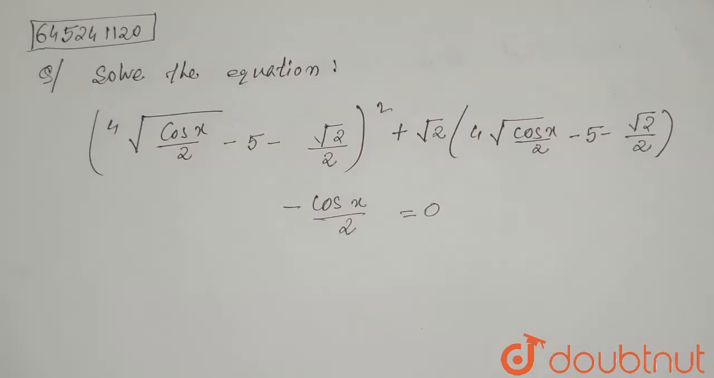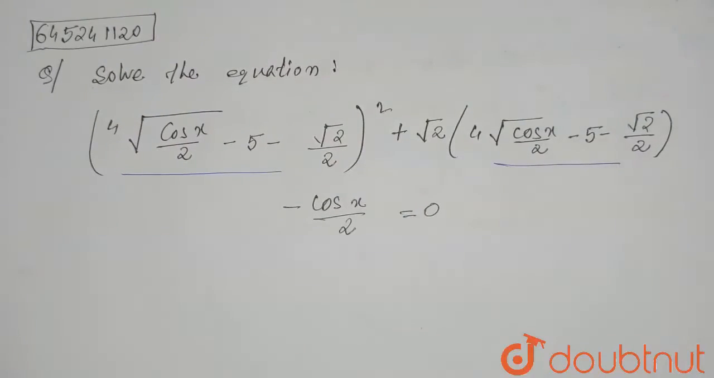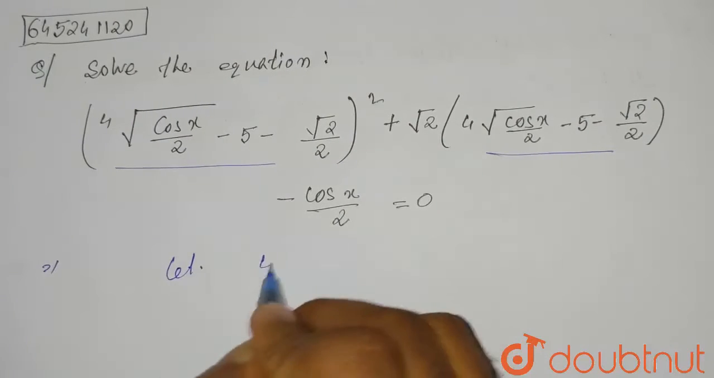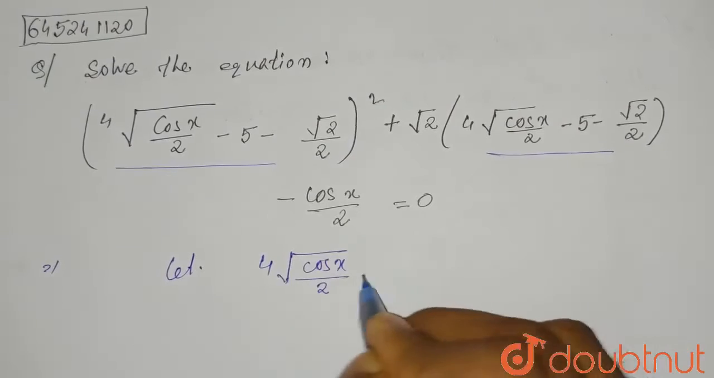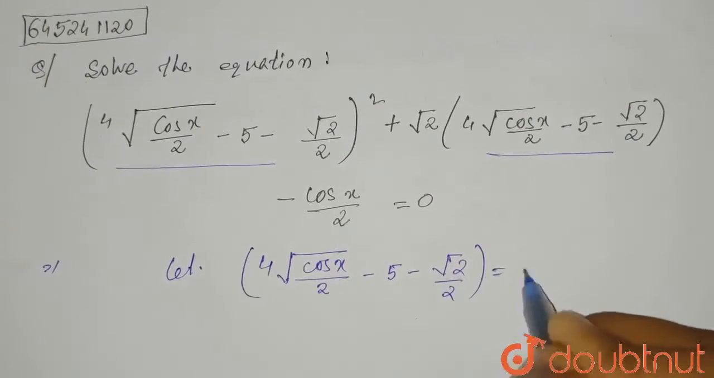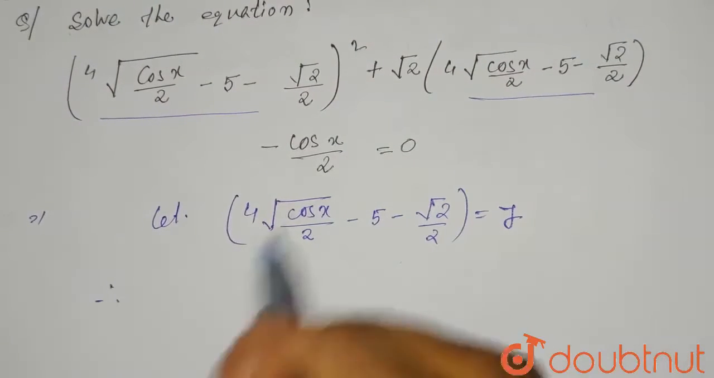Okay, so here in this equation, if we look carefully, we can see that this term is here and here also. So first of all, we'll let 4 root cos x/2 minus 5 minus root 2/2 equal y. If we substitute the value in this equation, our equation will become